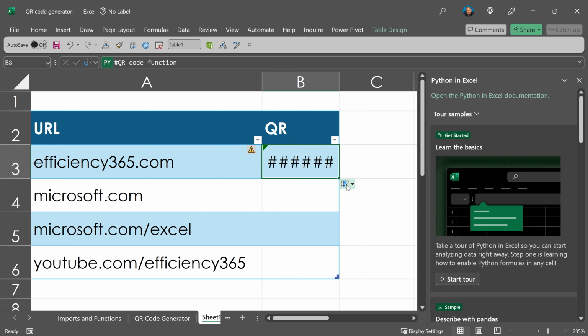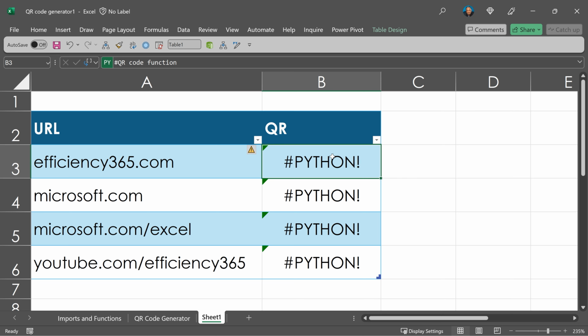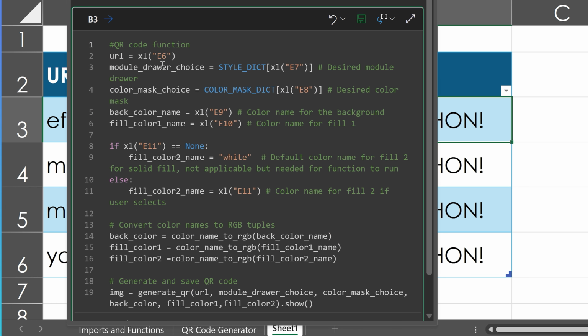But it's also telling me, because it's a table, do you want to auto copy this formula in the rest of the cells? Of course I want to, but nothing is coming. Why is it not coming? Because our code is not going to work. Now if you look at the code, what is it doing? It's looking at E6, where there's nothing, E7, E8, there is nothing everywhere. So obviously it's not going to work.